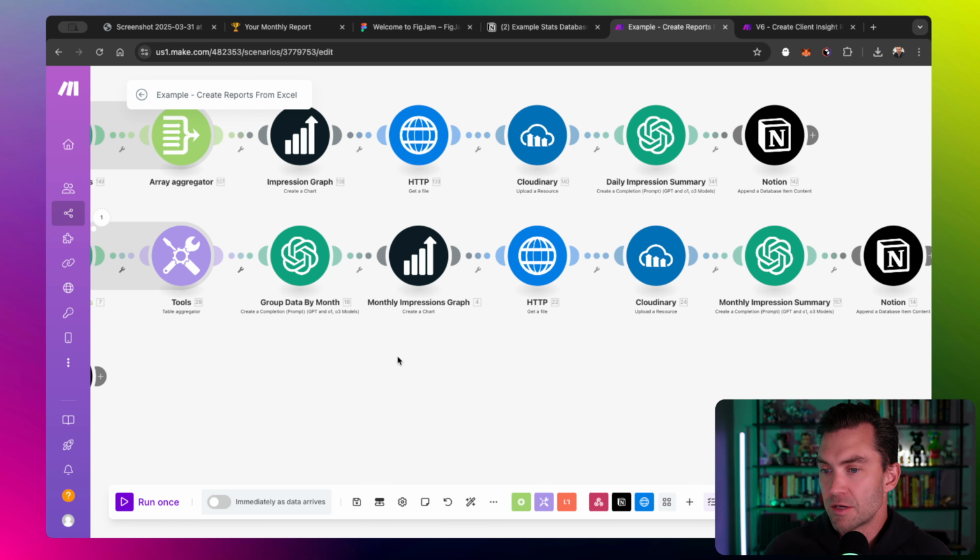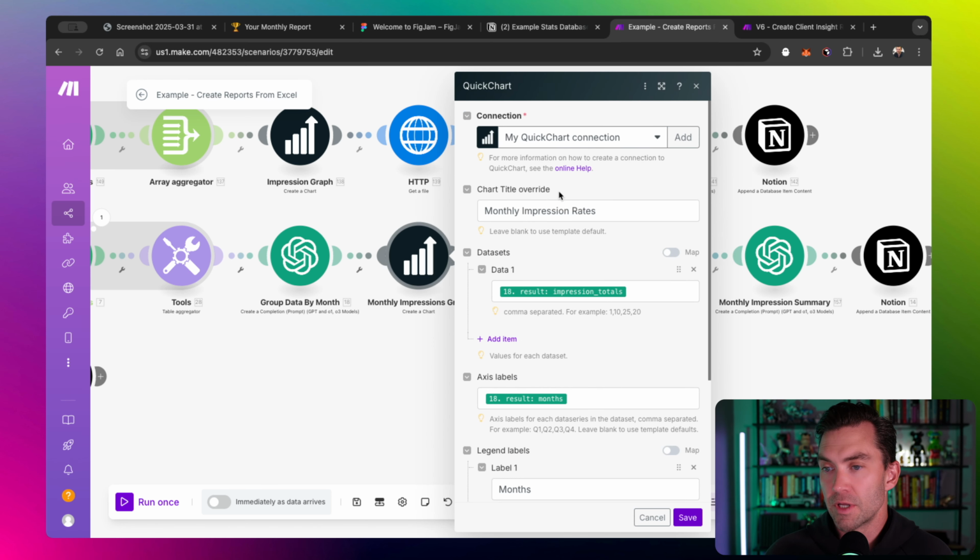All right, so what does that do then? It goes over to this outputs that structure that I showed, and I'm going to run it here in a minute so you can see the actual structure. But then this kicks over to this graphing tool that I really like. There's a lot of options. This one was free, or at least free for what I needed. If you're going to use it a bunch, it might be more expensive, but this was free for what I needed. It's called Quick Chart